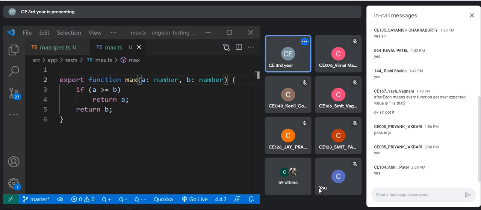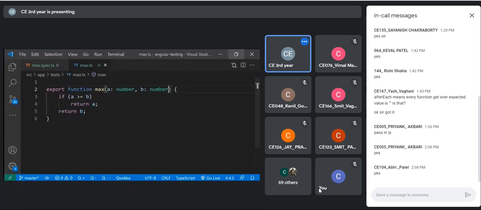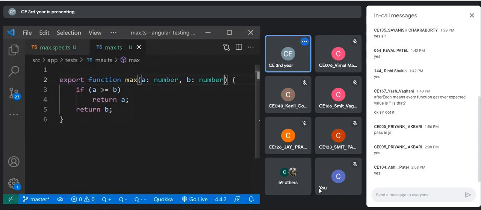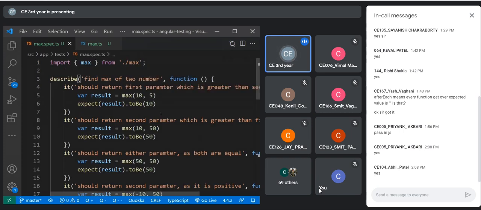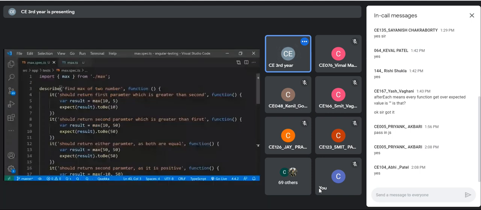The corresponding test suite file name is max.spec.ts, because this is the unit testing file for the max function, which is stored in max.ts.